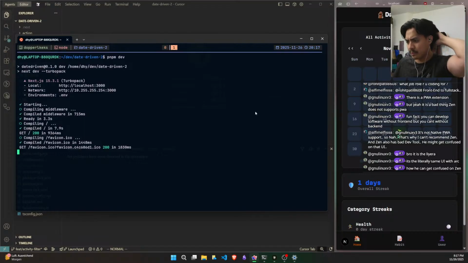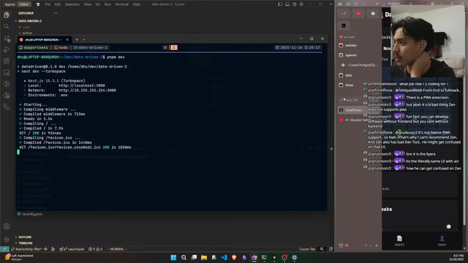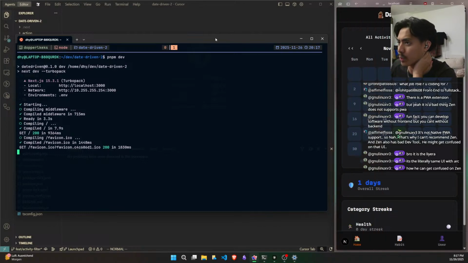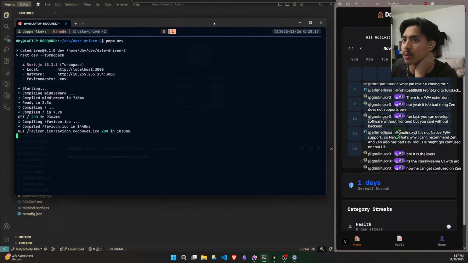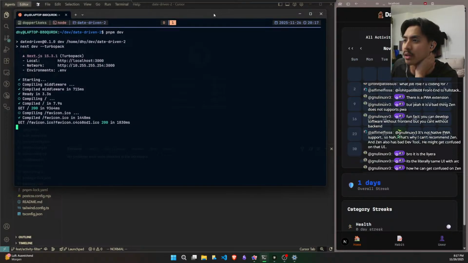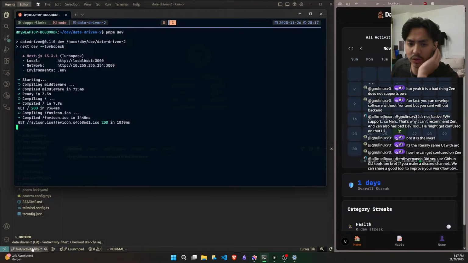I guess. But there is one other thing that I really want to set up. So the PWA, so that it would be downloadable. But I want it to be a different branch.